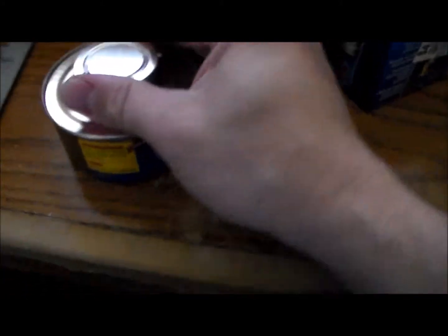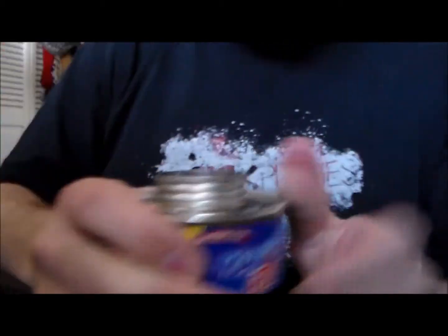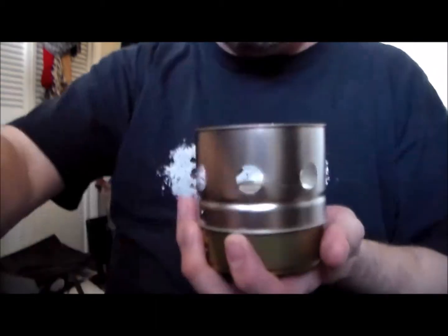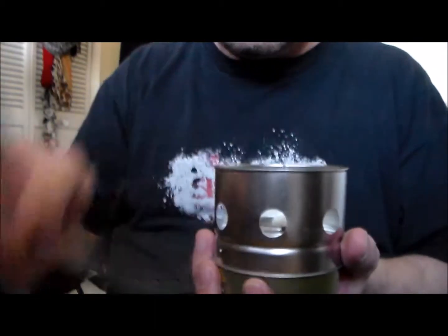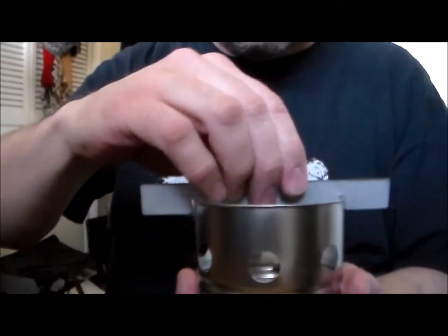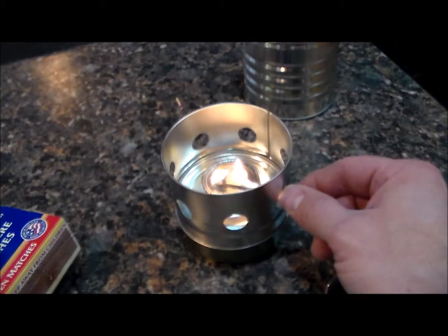Or you don't, depending on whether or not it's loose. Use the other one that I've already done. That does not want to come off. Holy crap. Piece of crap. There we go. And then we put the crossbars back on. Actually, I'll go like this. As you can see, there are little, doesn't go that way. That makes no sense, it has to go that way. Get that liquid, get that wick lit. Get that wick lit. The stove is made of aluminum, and